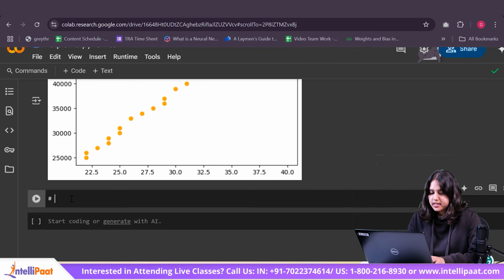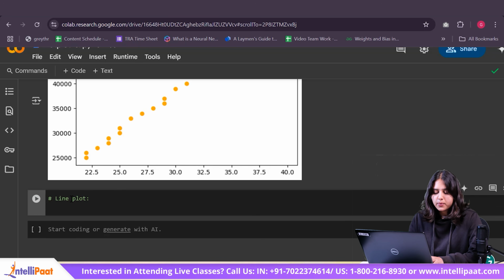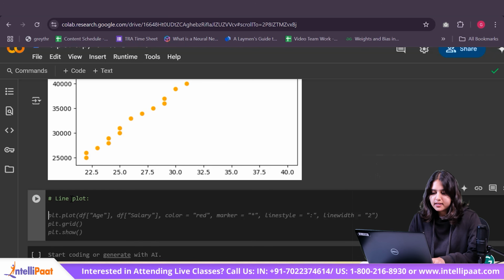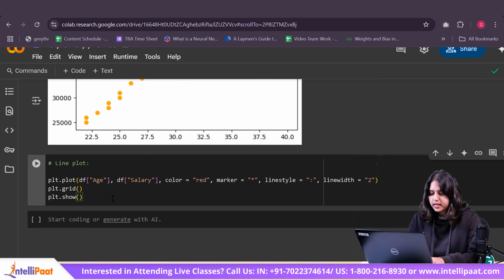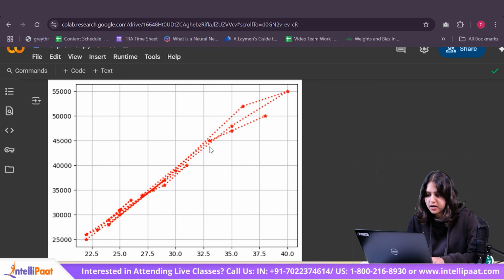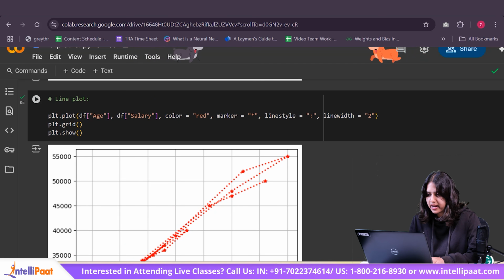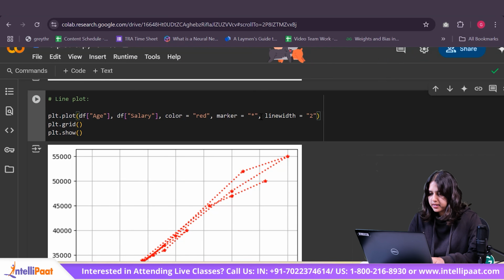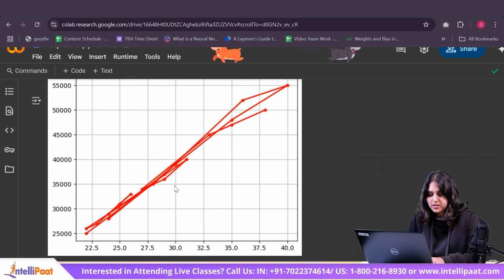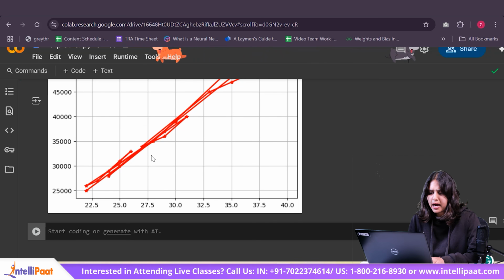And the next way of visualizing two columns is again by using a line plot. So as we saw in our initial example, we had two features x and y. So right now we have two features called age and salary. So I'm going to go ahead and plot my line graph over here. As you can see, my line graph is not very easy to visualize over here. You can see the lines are very random. So instead of line style as dotted, I'm going to have my simple and plain line style. As you can see, it's going back and forth a lot.